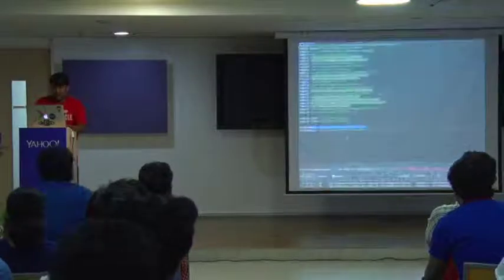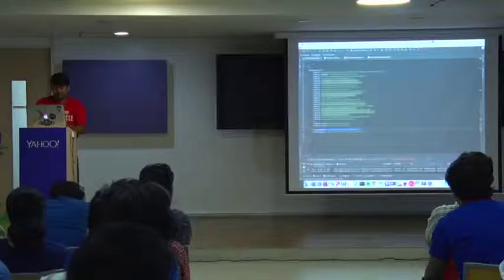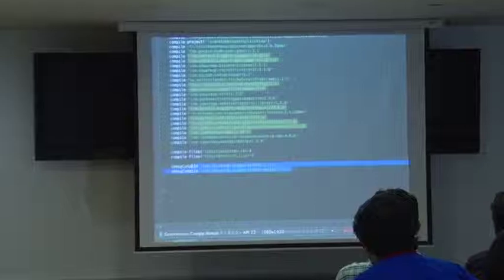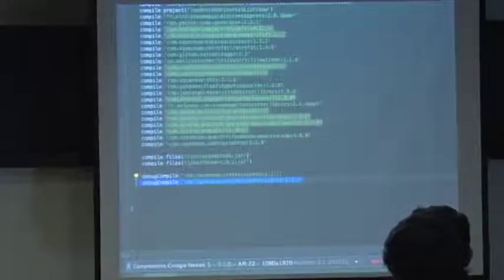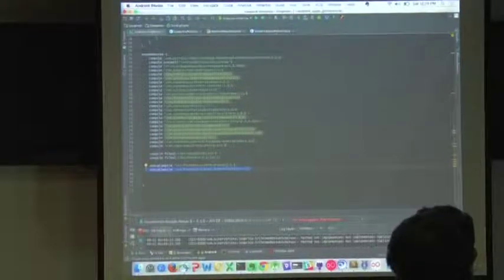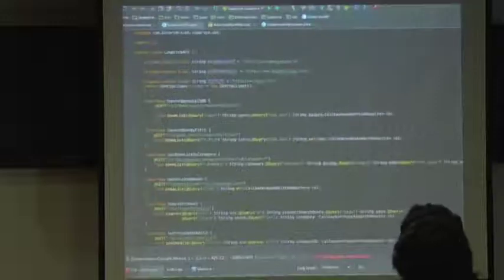So this is my code. You can see here that I have the OkHttp dependency, so OkHttp is added, and all I need to do is this. That's it. It will add the required OkHttp things. I come here. This is my Retrofit, so I'm using Retrofit.